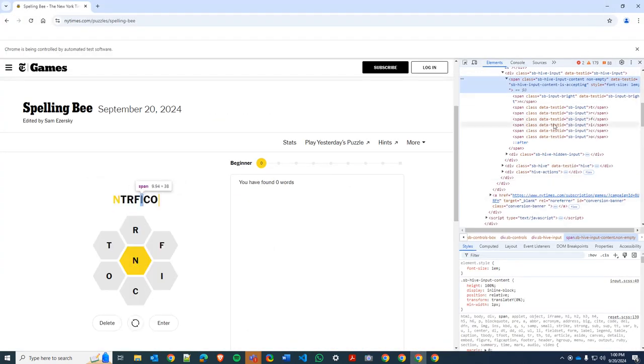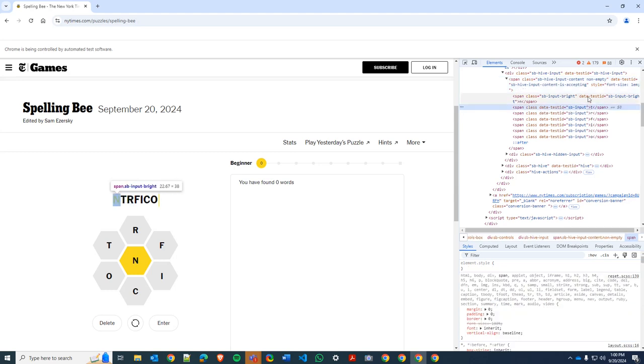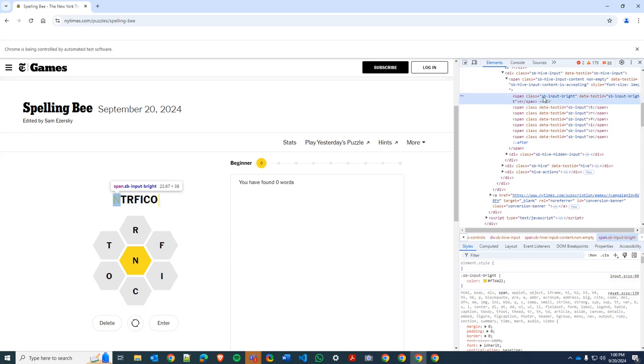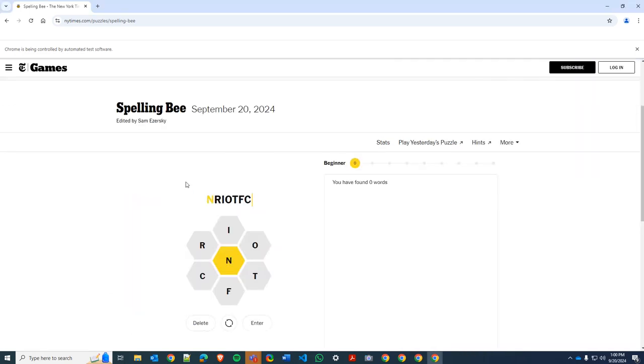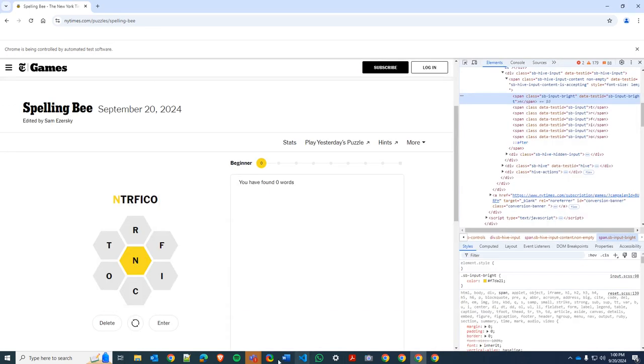So I will tell you, I tried a bunch of these other things. I tried data test ID. I tried SB input bright. So none of them worked. And so I want to show you another way that we can actually find this, which is not by looking in the tags, but by using something called the XPath. Oh, actually, I already mentioned the XPath. So yeah, very easy. All we do is right click, copy full XPath,